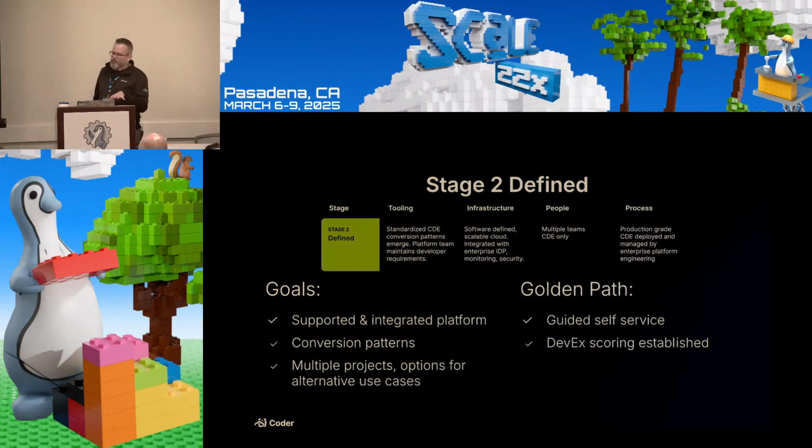Your DevX scoring model should be pretty well established at this point. That is something that is always going to, kind of like the golden path itself, be tweaked and iterated as you go along, but it should be pretty well established. And once again, we can't tell you what to do in your scoring model. You know your devs best, you can establish that. And you're reaching a milestone here in the golden path where there's zero setup for the devs. They log in to Coder,